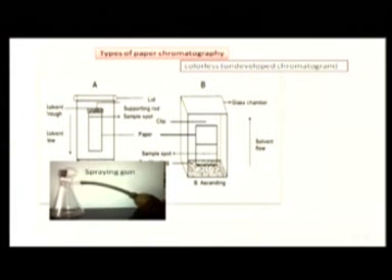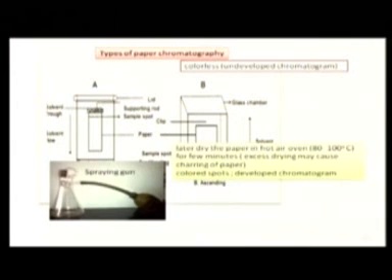Once you run the solvent through this paper, that is Whatman number 1 filter paper, the paper is almost colorless and you are unable to distinguish where the sample is and where the solvent is. So this is what we call a color undeveloped chromatogram. To visualize the analyte, the substance which you have separated through this chromatography, you need to stain the paper. For this staining purpose, we are going to use different stains, and in this image you can see a spraying gun which we generally use in our laboratories to spray over the paper. The moment you spray these stains on the paper, you are going to observe distinguishing spots.